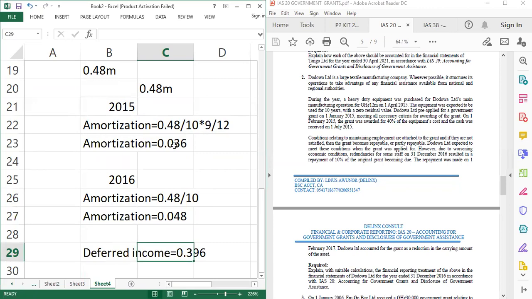So you can also amortize the grant that you are paying, like the way you charge your depreciation, because this grant was also subtracted from the asset before we charged the depreciation. So it means that this was also amortized. So let's amortize it back and go and add it because it has reduced our depreciation.